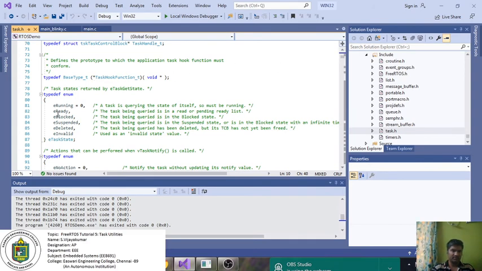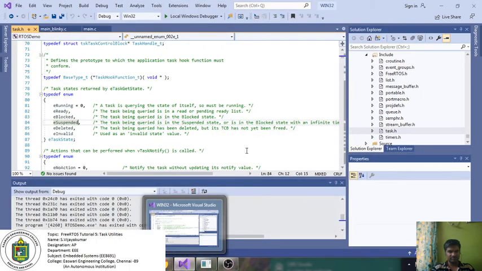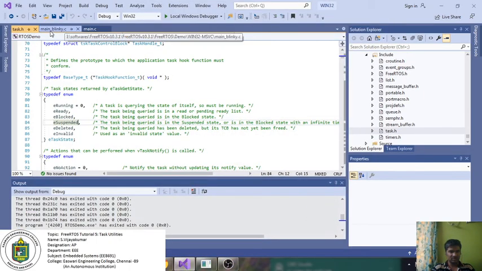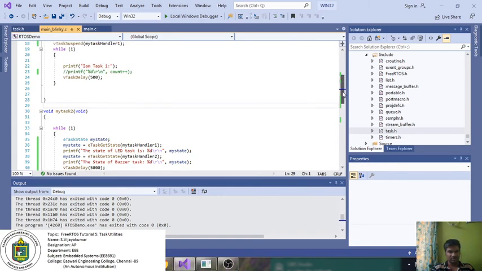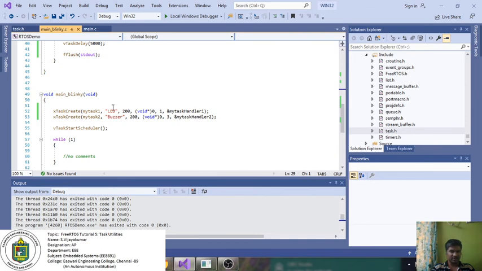If a task is running, it is 0. 1 means ready, 2 means blocked, 3 means suspended. Since we suspended my task 1, that is the LED task,